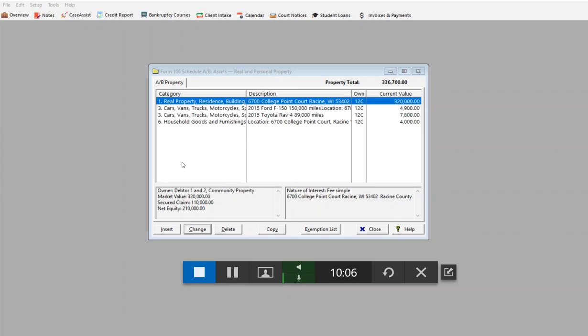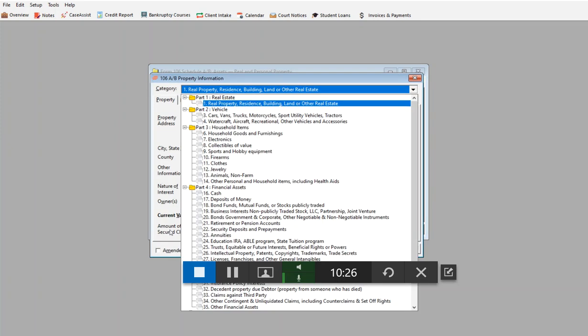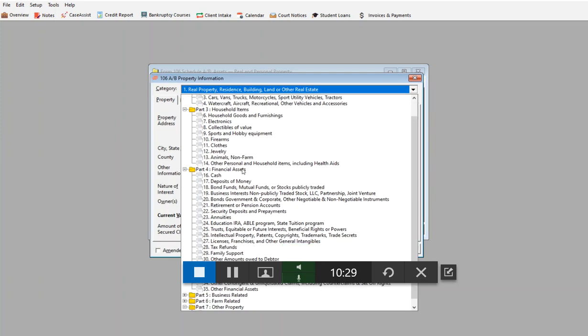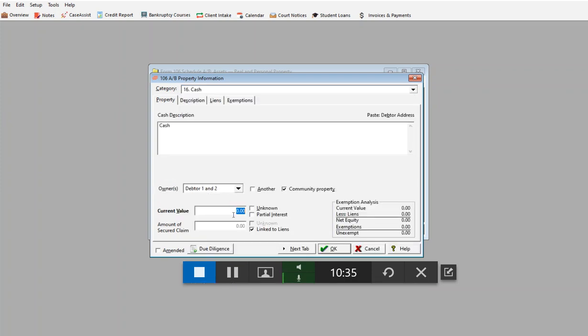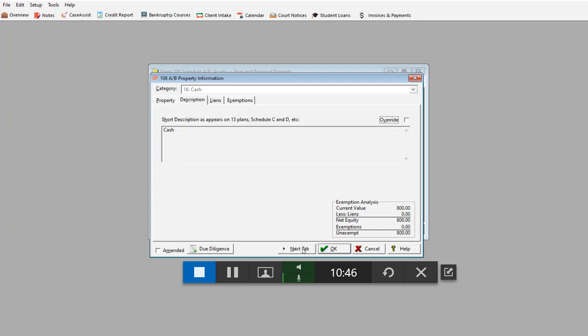But right now what I want you to see is that we've had examples of property that is linked to liens, property that is not linked to liens. Of course, your clients probably have a whole lot more property than here. And the main thing is when you insert the property, you click Insert, and then it will give you a host of different things. Like, for example, cash. They have some cash on hand, not a whole lot, but some have the $800 cash on hand. And there's no liens, so you uncheck Link to Liens, and then you go to the next tab,